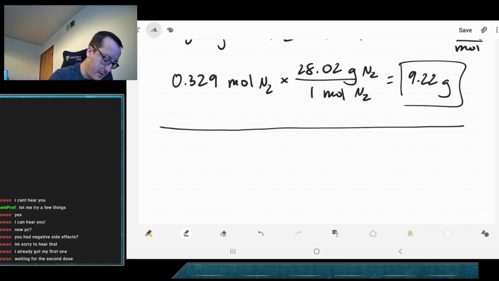So let's see what we can do with more stuff with this gas law. Let's just write this out here. The ideal gas law, which is PV equals nRT,